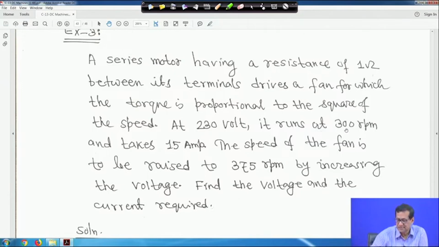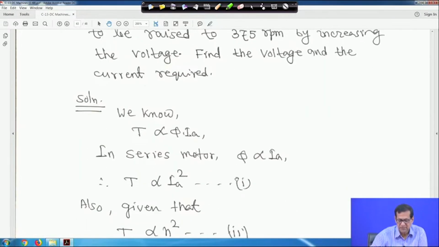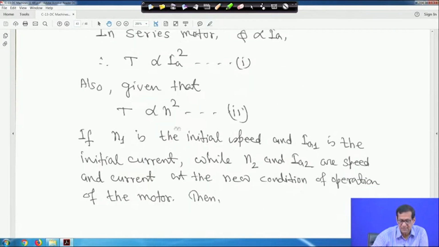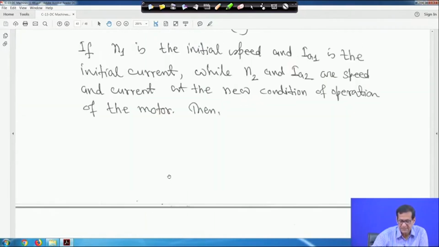So, at 230 volt it runs at 300 rpm and takes 15 ampere. The speed of the fan is to be raised to 375 rpm by increasing the voltage. Find the voltage and the current required, right. So, we know that torque is proportional to phi into Ia. Now, in a series motor phi is proportional to Ia. That means, if phi is proportional to Ia, then torque is proportional to armature current square. Now, it is also given that torque is proportional to N square. If N1 is the initial speed and Ia1 is the initial current, while N2 and Ia2 are the speed and current in the new condition of operation of the motor, then we can write,